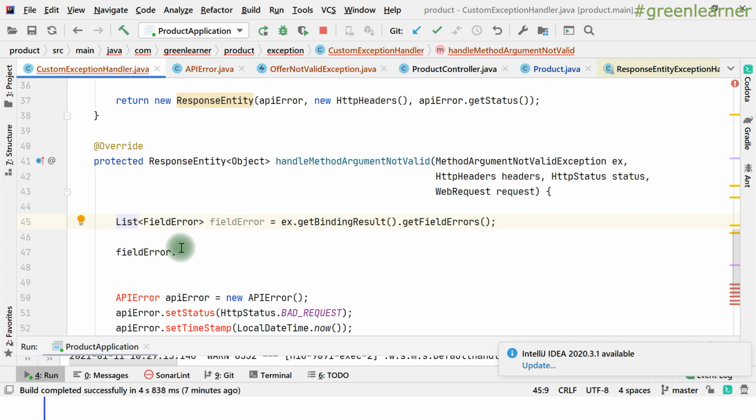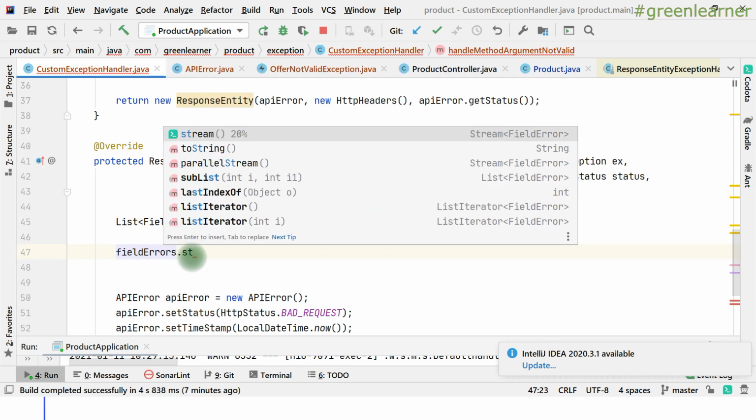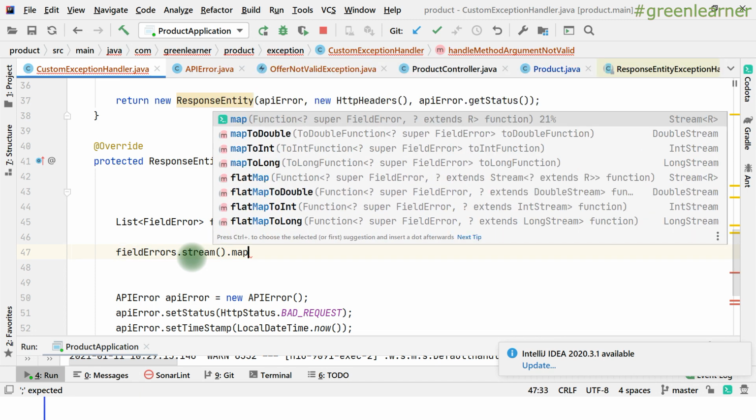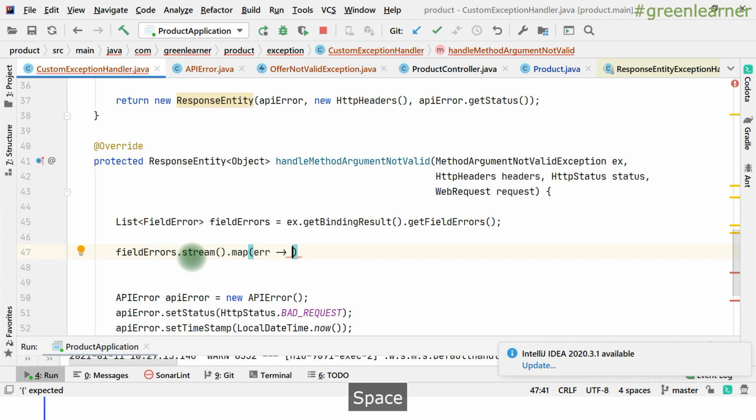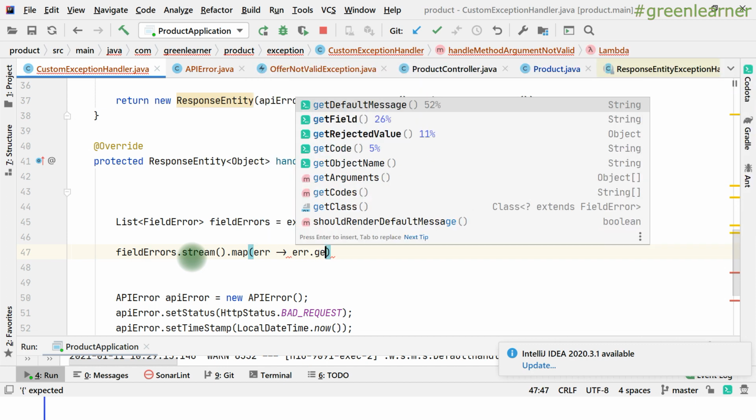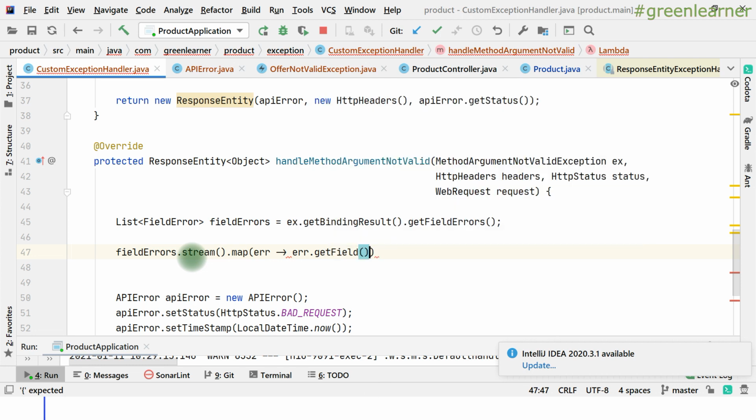Let's put it, to make it proper, dot stream dot map. I want the name of the field,